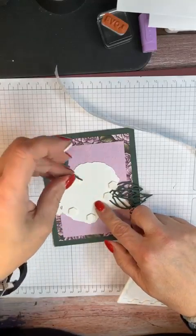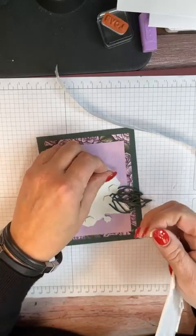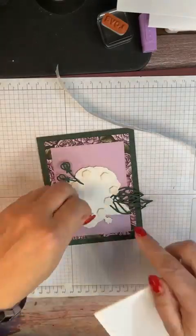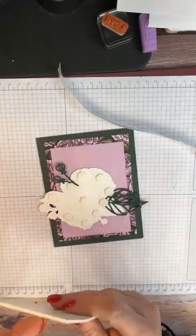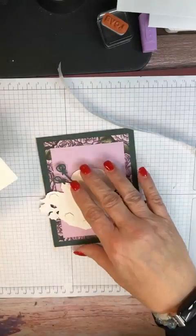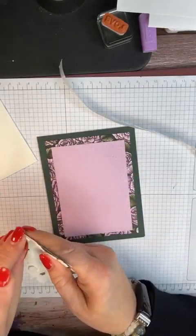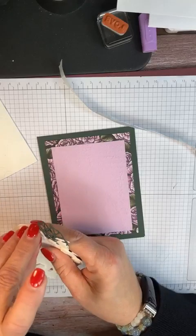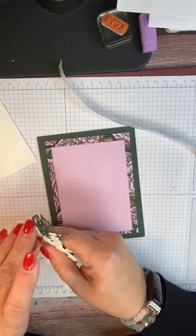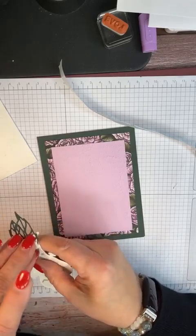Now you can, if you want to, color this image. You can use some Wink of Stella on it. If you don't like it that way, I'm going to pop one of these right in the middle too. So if you think it needs a little more color to it, feel free to go ahead and add some color. I kind of like that white with it. I think it makes the little white corners that we're going to put on really kind of pop and support it. So now I'm just getting the backs of my dimensionals